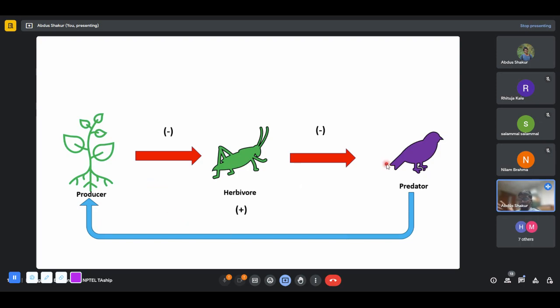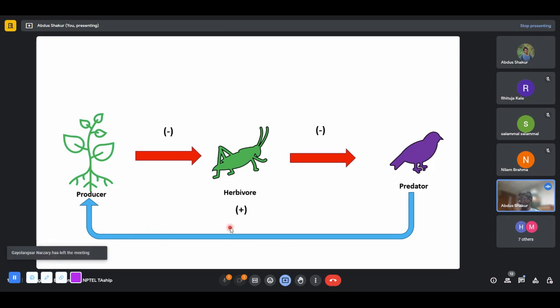So in such cases, when you decrease the population or remove one of those trophic levels, it has cascading impacts on the other trophic levels. So that's why predators are sometimes really important in many ecosystems, because most of the time they provide this indirect positive feedback in